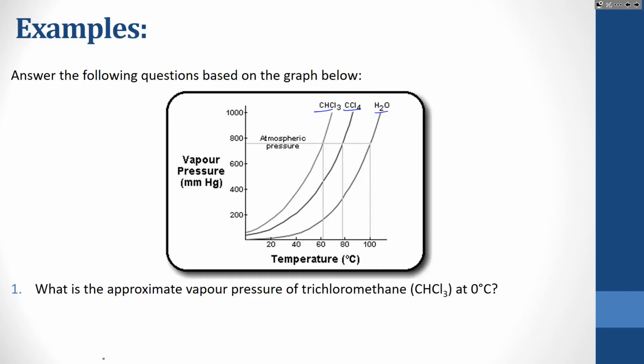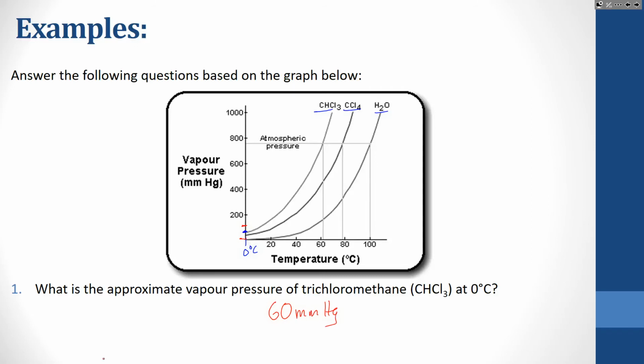In this first question, it's asking, what's the vapor pressure of trichloromethane, which is CHCl3, at 0 degrees Celsius? So our 0 degrees Celsius mark is right here. I'm looking at CHCl3, so that's about right here. And again, the scale is not the greatest. So I'm going to put a line about halfway between 0 and 200. I'm going to say that's just a little bit over a quarter of the way to 200. So I'm going to say it's around 60 millimeters of mercury,